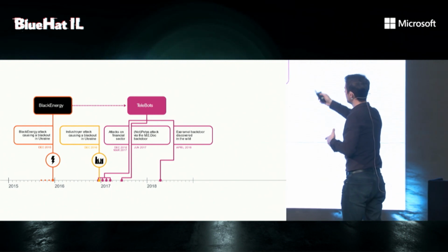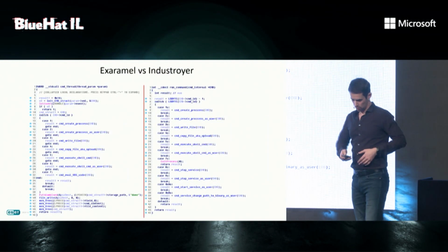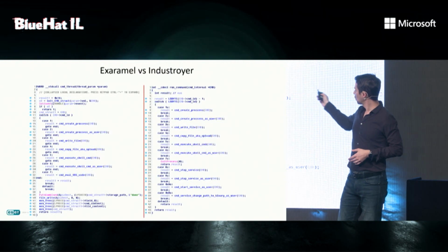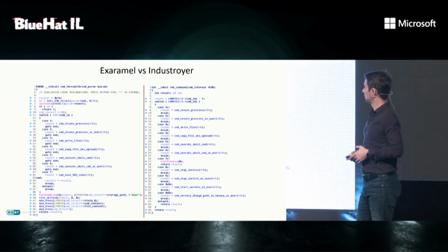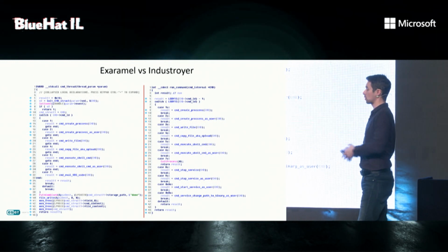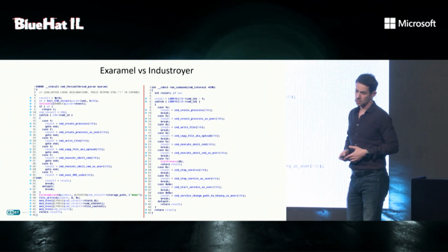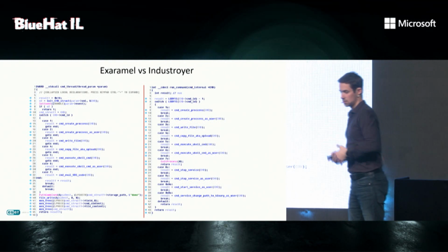And that actually contained similarities. I'll get to GreyEnergy later. That contained unique code similarities with Industroyer. So we have the Xeramel backdoor on the left, and we have the Industroyer main backdoor on the right. And we were able to conclude that yes, this is linked. I mean,